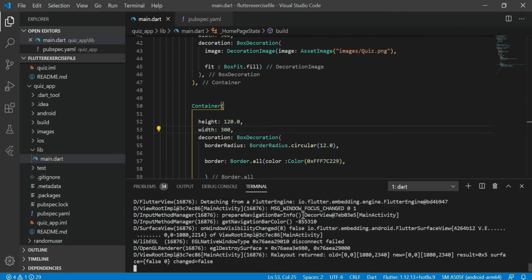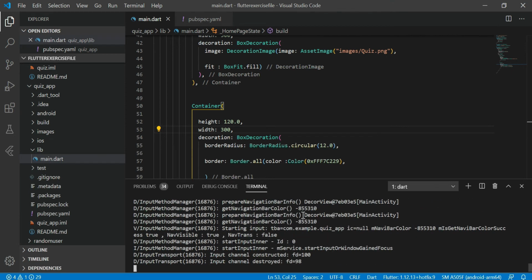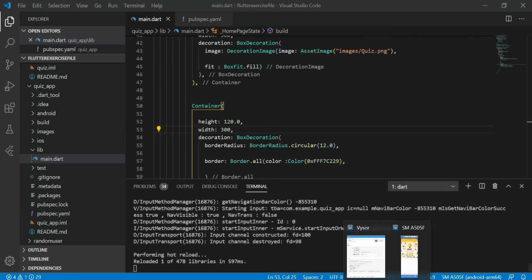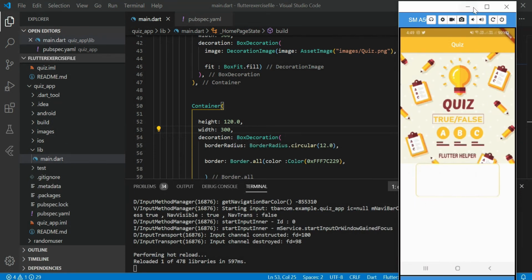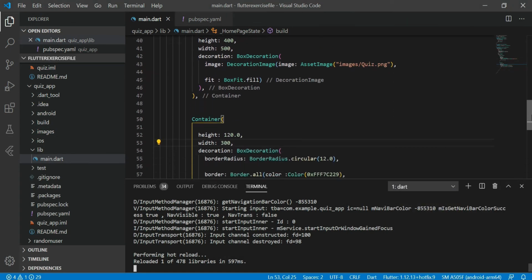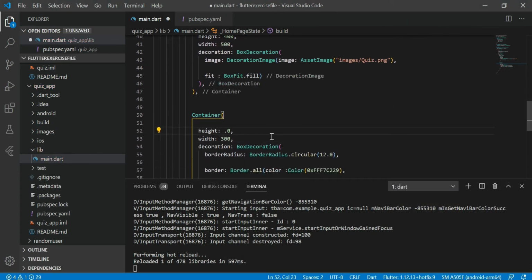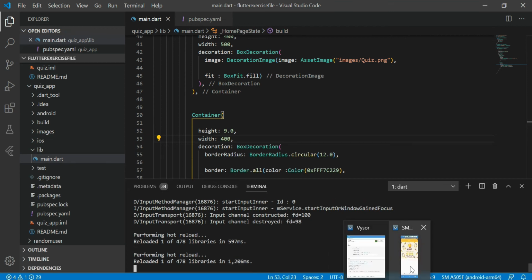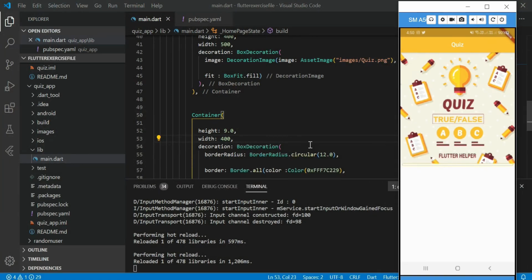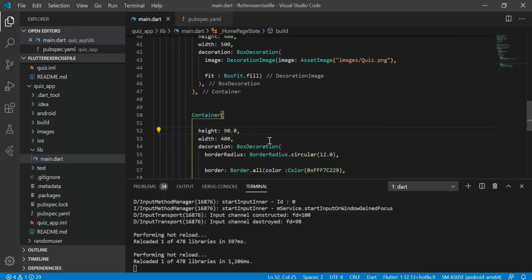Now reload our app. Let's see what happens. We need to resize our container, and height of 90 and width of 400 will be sufficient. Oh, it's 90 not 9, sorry.